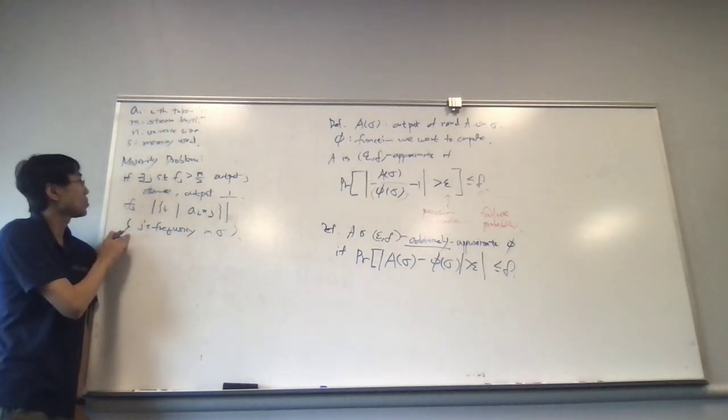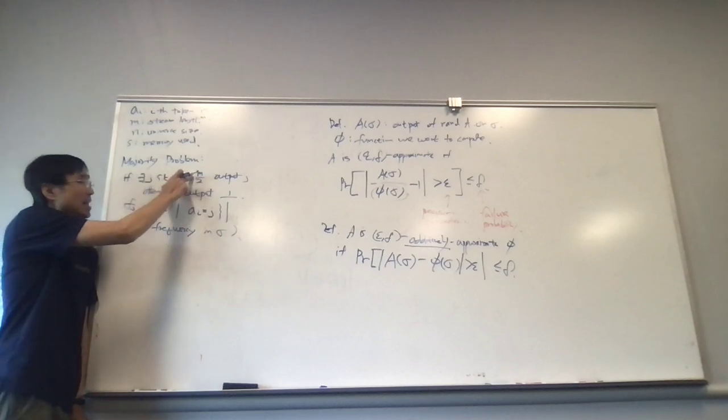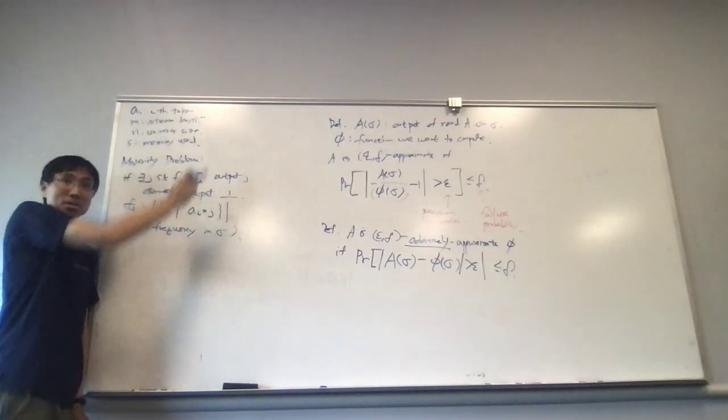So if some element j appears more than m over 2 times, where m is the stream length,